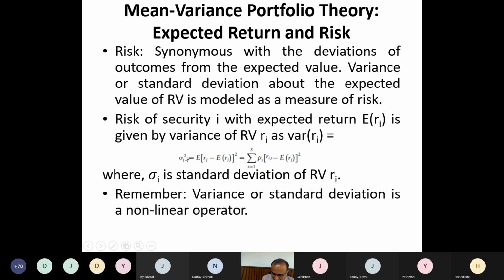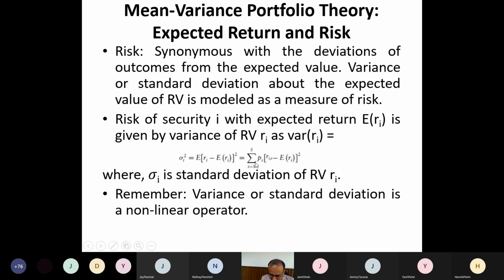So what is sigma i squared? It is the expected value of (Ri minus E(Ri)) squared. You can see it is a deviation from the mean value, because E(Ri) is the mean, the expected value. So how much your return deviates from this, and we square it and calculate an expected value again. Expectation means mean value. If I calculate the mean of all these squared variations, the answer will always be positive. That gives me the variance.